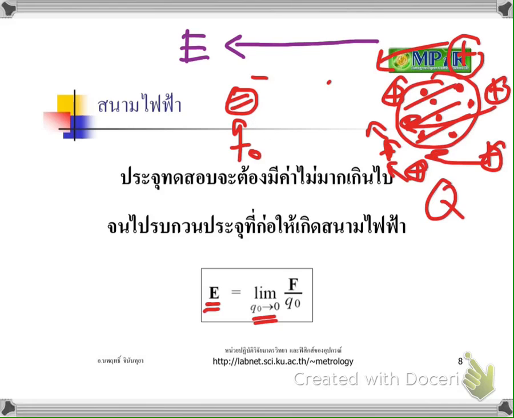And that is not what we want. If we want to measure the electric field of the charge on this big Q, it means that the test charge should not disturb the electric field itself, or it should not disturb the distribution of the charge on this object. So that's why we have to take the limit Q0 approaching 0 here. The meaning of Q0 approaching 0 here is that the amount of test charge should be as small as possible. And when the amount of test charge is small,